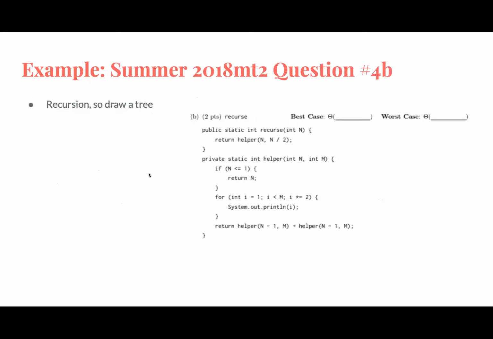Okay, so next slide. All right, here's another one. For iterations, we want to make a table. For recursion, we want to draw a tree structure. Okay, so let's go through this example. We have a function which is recurse, takes an integer n, infinitely large, and that returns a helper function with n and n divided by 2. And when we go inside the helper function, n is going to be equal to infinity, and then m is going to be equal to n divided by 2. So we can skip over the if statement right now because n is not less than or equal to 1. So we go inside the for loop,